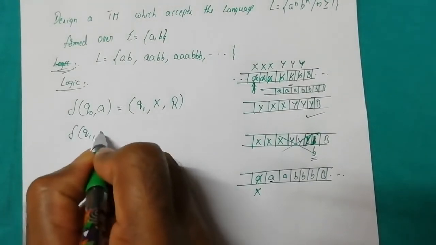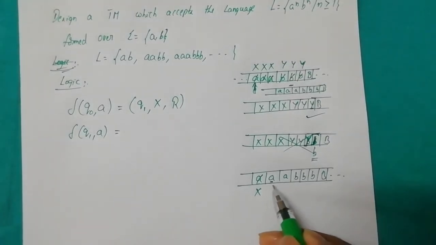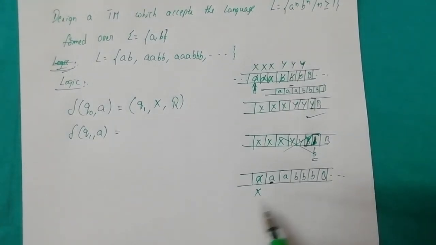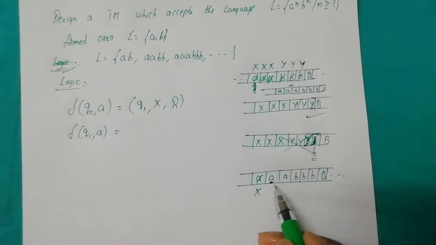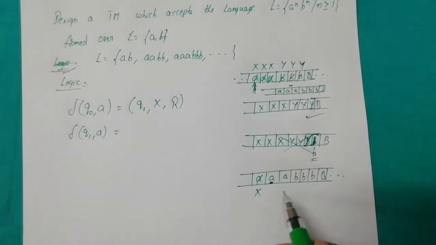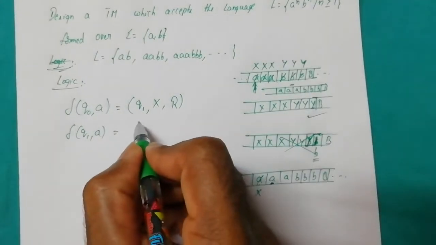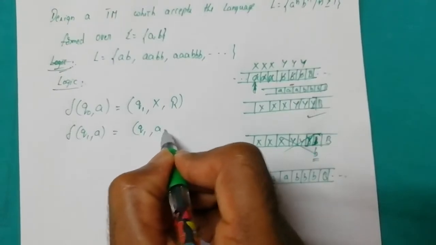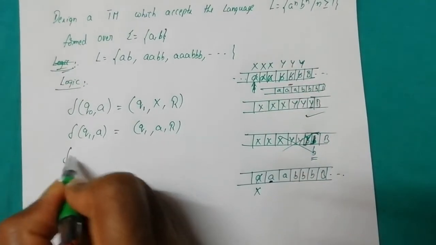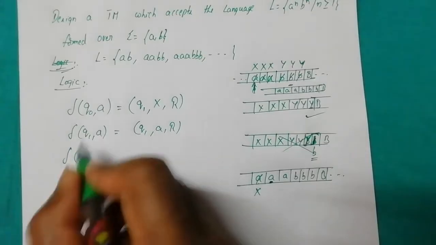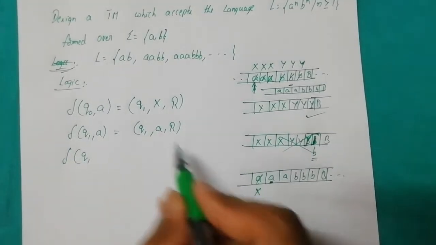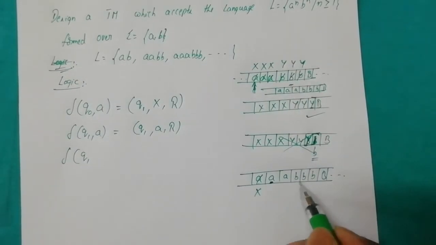Q1 will come across the input symbol A. But our intention is, until we find the first occurrence of B, we should not modify the tape contents. If we modify the tape contents, we miss the correspondence. So until the occurrence of the first B, keep on moving. Staying in the same state, whatever the input symbol is, keep on moving. Q1 again acts as a loop. Whatever the number of A's, it keeps on moving to the next cell.